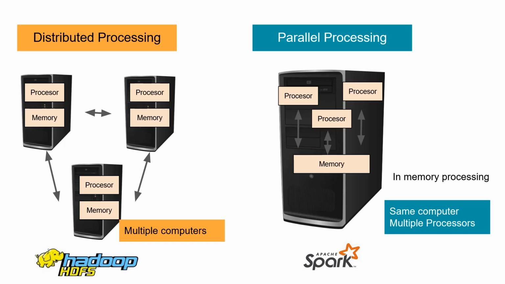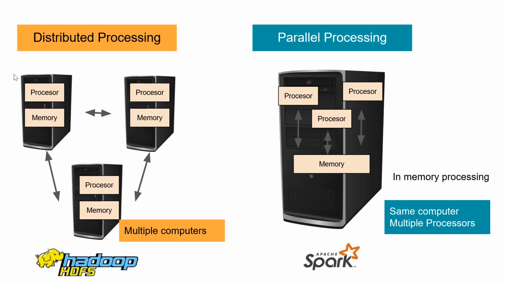So far, we have talked about Hadoop and how it distributes the task among different computers, and it uses the memory storage as well as processes of those computers to execute the task. Because so many computers are involved, the task gets executed faster. So, that is called distributed processing.